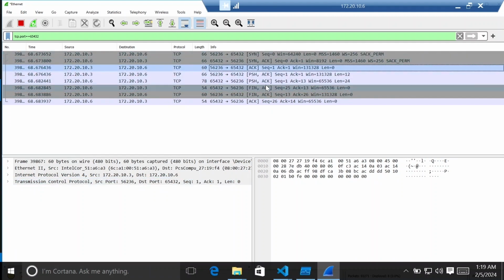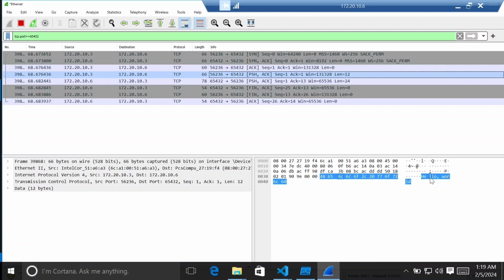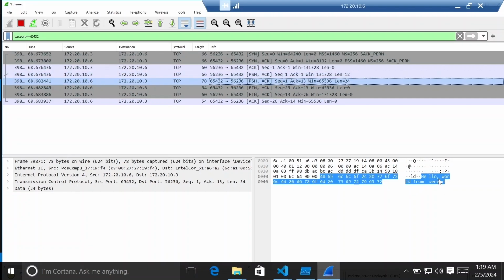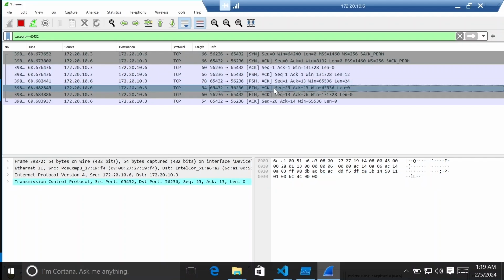Our TCP three-way handshake is there exactly as it is. Our hello world is there exactly as it is. And our hello world from the server is there exactly as it is. So this is the FIN-ACK from the server and this is the FIN-ACK from the client. The server is sending an ACK to the client for the FIN-ACK. But essentially it is exactly the same thing. So to conclude, we have seen the output of different tools in a multi-system scenario. We have seen the same tools, including Wireshark,